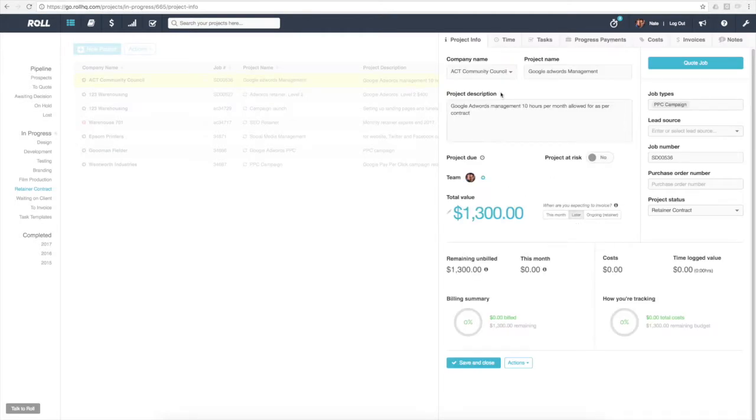Now what I want to do is just finish the setup. We can see that this project is a Google AdWords management. It's a PPC campaign, and it's a retainer contract with 10 hours allowed each month under the contract, and the value of that retainer contract to the client is $1,300. Now these are all exclusive of tax, and what I want to do here now is I want to actually tell Roll that this